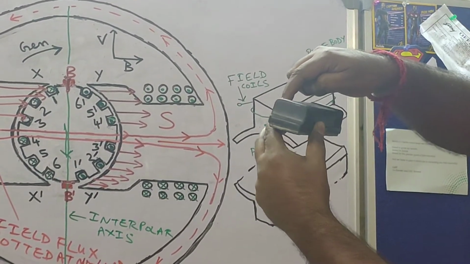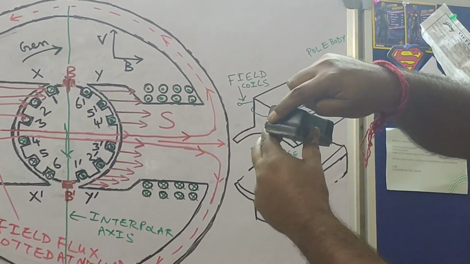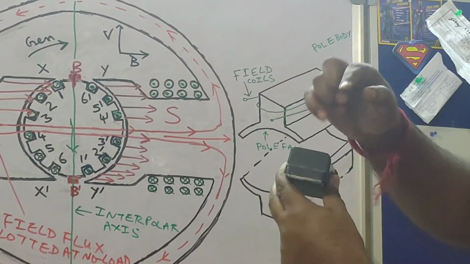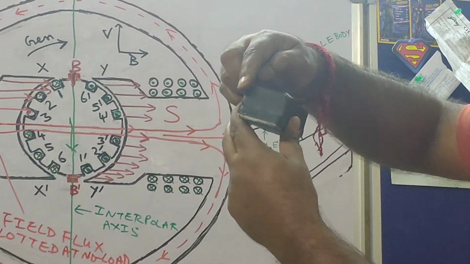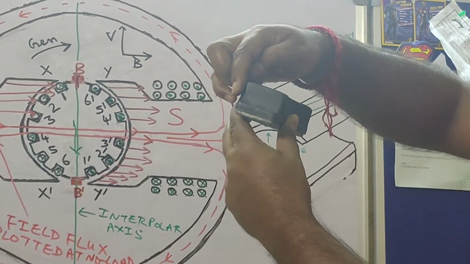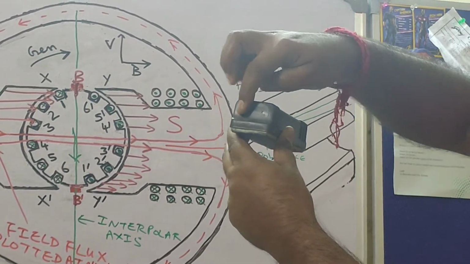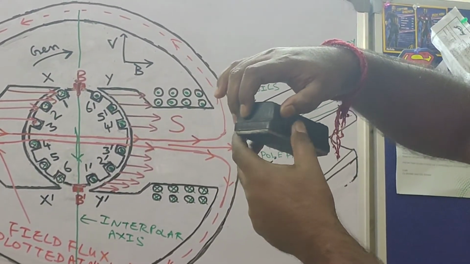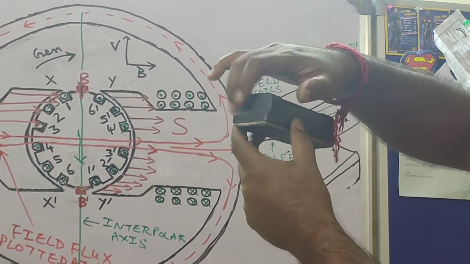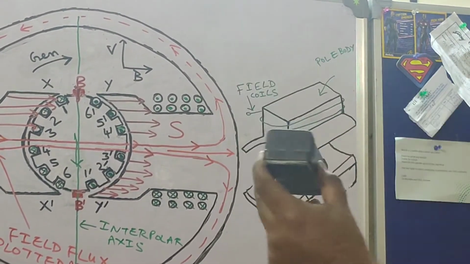Again I will start from here, move from behind to this side, and come to this point. So how many turns have I made? 2 turns. I am starting from here and moving it here, 1 turn. Then I am starting from here, from behind I am moving to the front, to this point. So this is my second turn. If I am making 2 turns, then I find that there are 2 conductors on this side of the field pole and also 2 conductors on this side of the field pole, right?